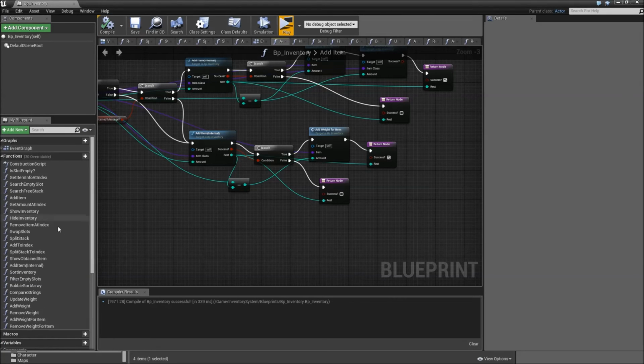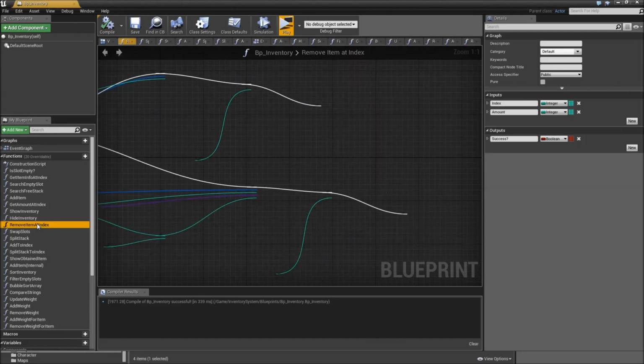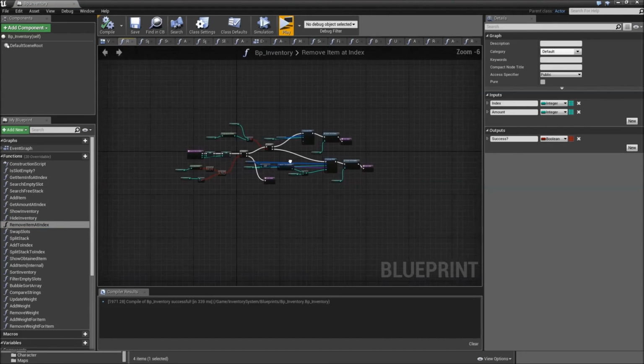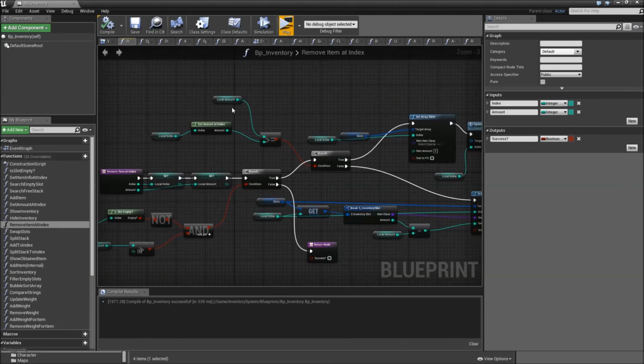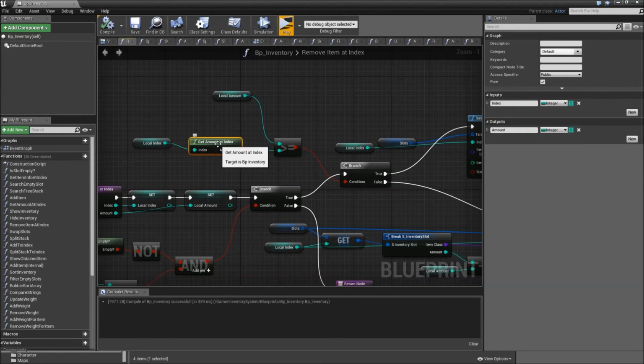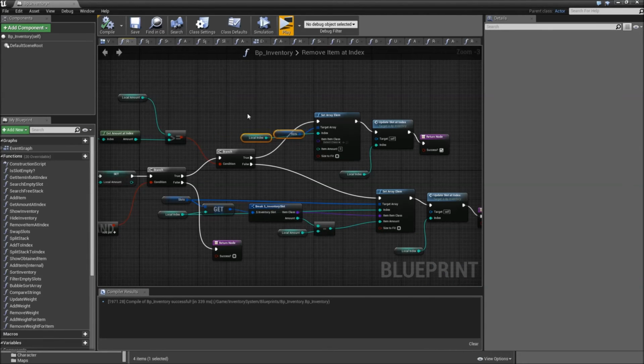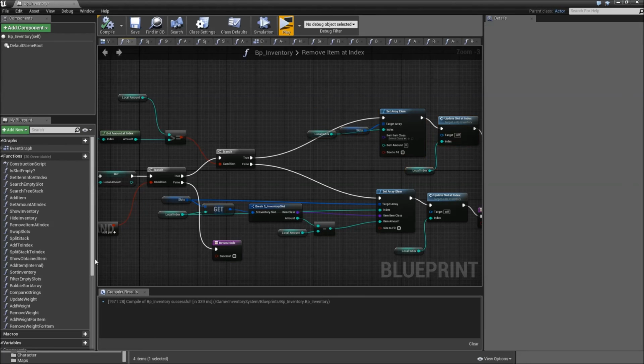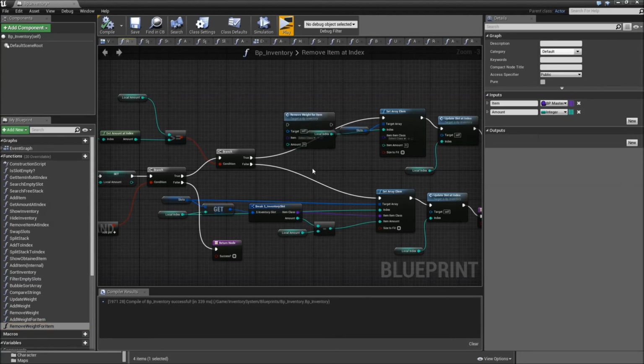Another thing we'll have to do is to go to our remove item at index function and remove the wait here. So if our local amount that we're trying to remove is greater than the amount at our local index, before we set the array element, so let's move that over a bit, we will remove wait for item,